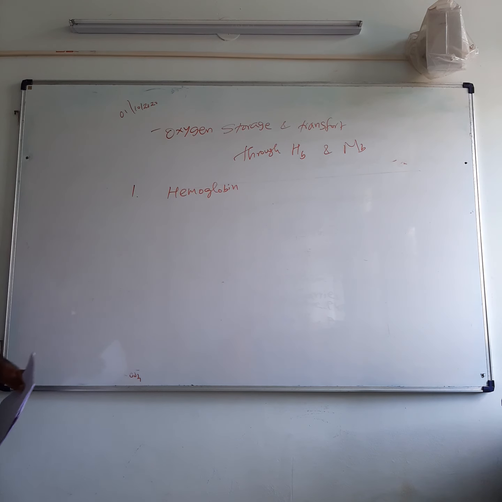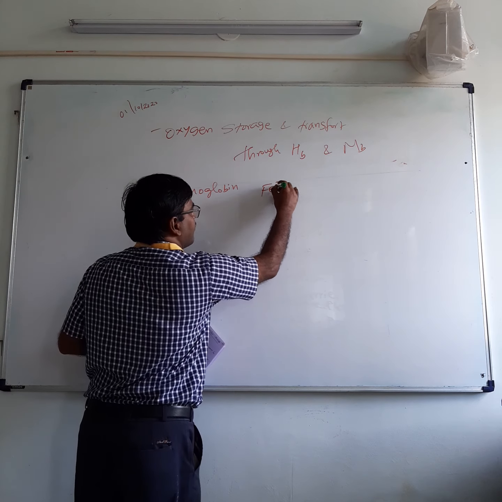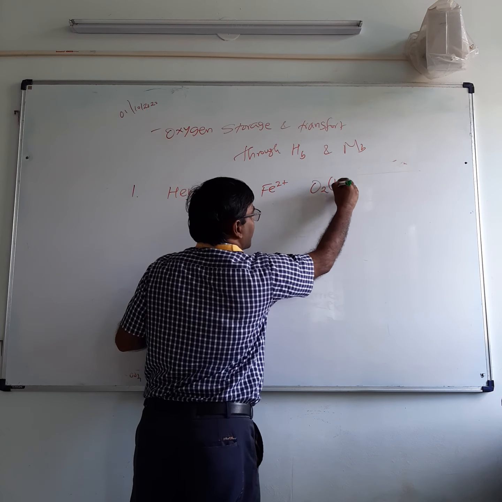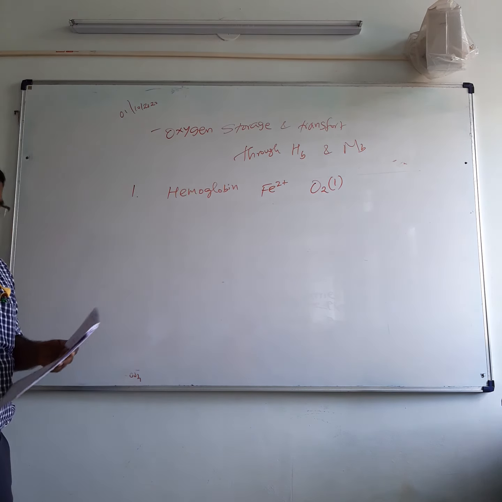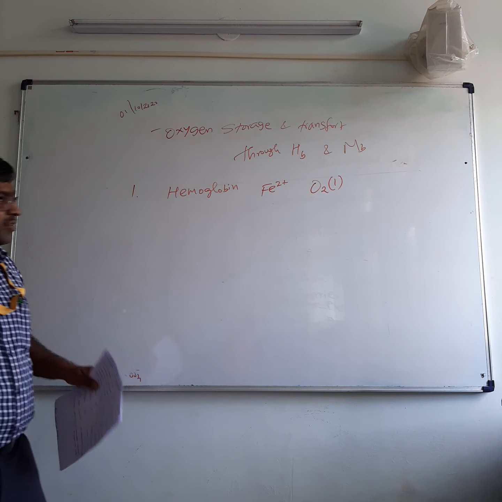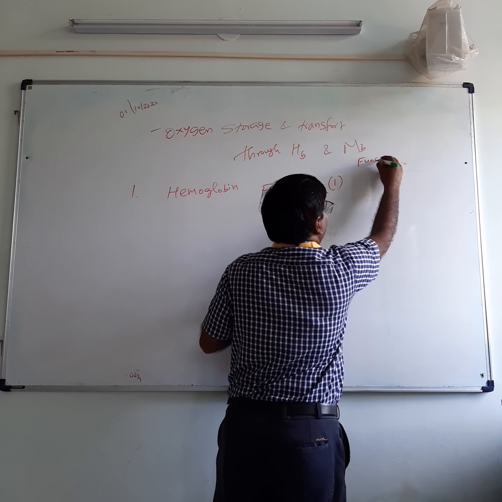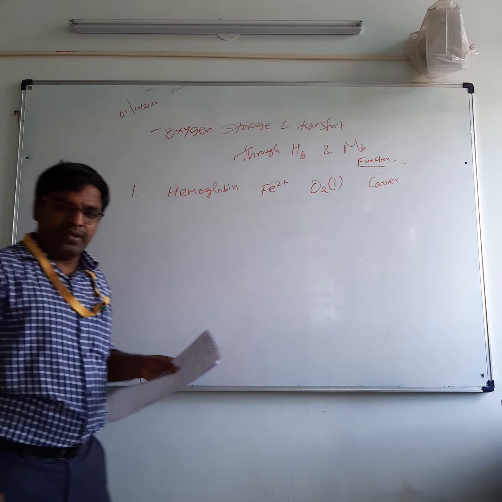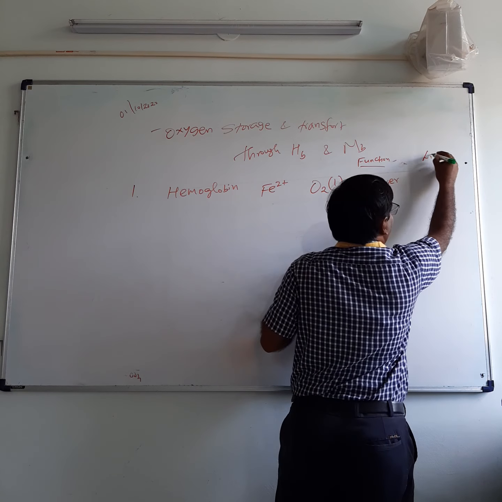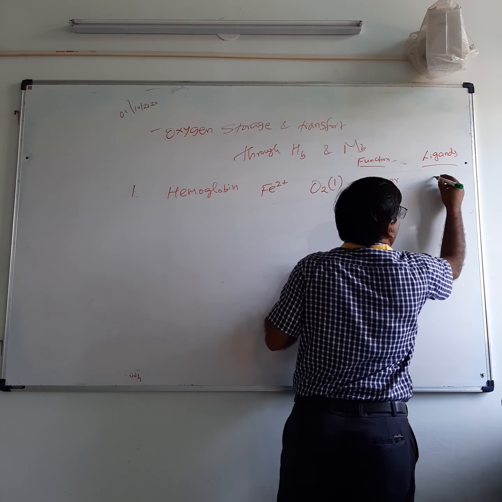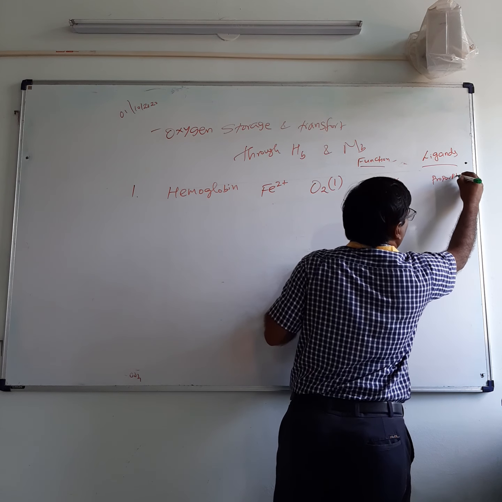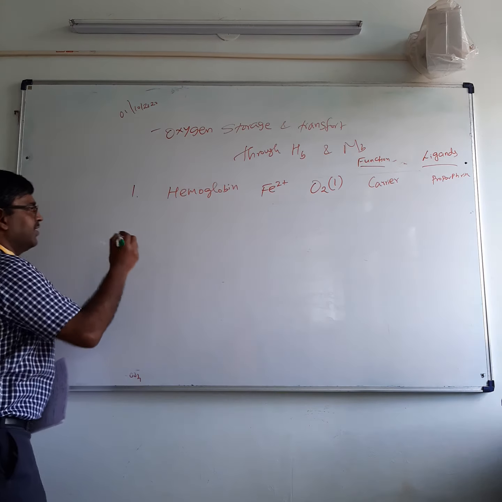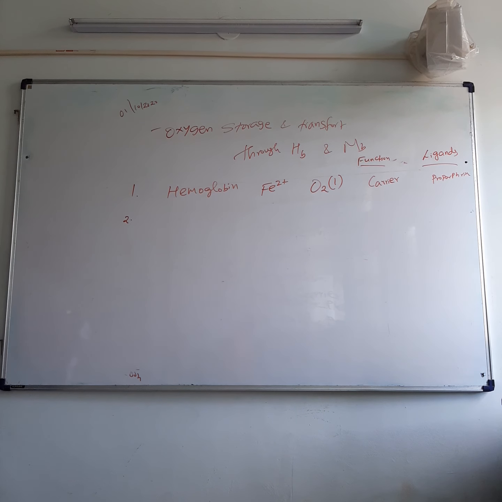In hemoglobin, the iron is present as Fe2+, and each iron carries 1 dioxygen molecule. Hemoglobin, in which iron is used as an oxygen carrier, and the nature of the ligand is a protoporphyrin based protein. Okay, protoporphyrin based protein is the ligand. That is the first iron oxygen storage molecule.